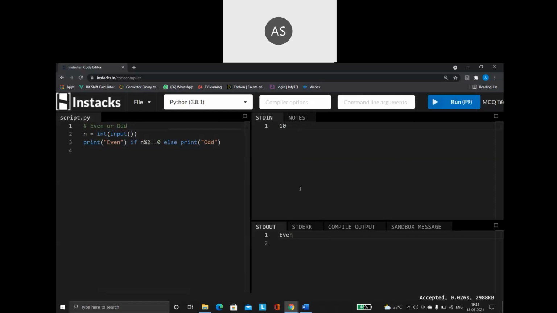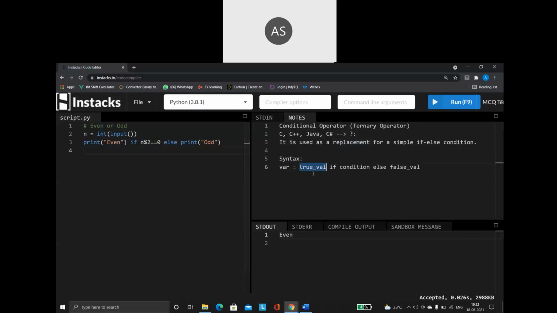See what I have done here. In this program, I'm trying to find whether a number is even or odd. I'm getting a number from the user. That number is n, and I am storing that value inside n. Then I'm checking, is this number even or odd? So instead of writing if, else, everything in 3 or 4 lines of code again, I am converting it into a single line program. So here, what is the syntax?